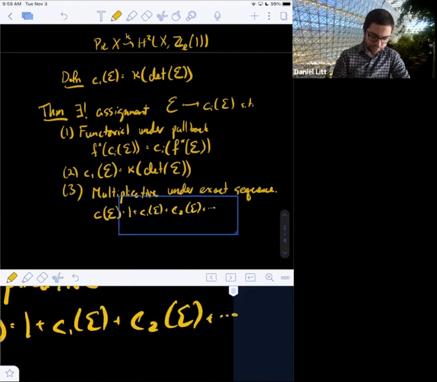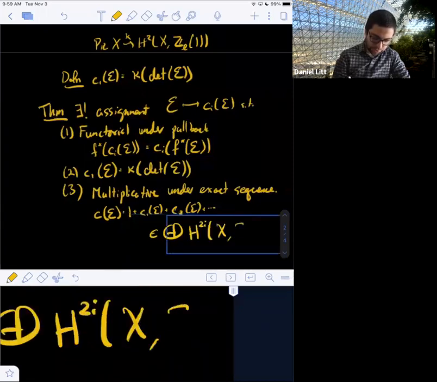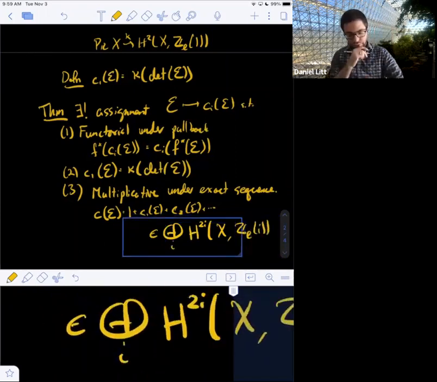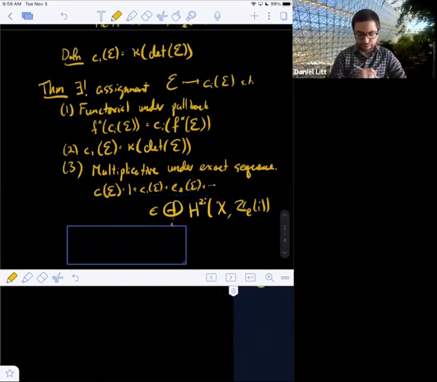So where does this live? So this lives inside of the direct sum of H2i of X with coefficients in Zl of i. So if we write it as this element of the direct sum,